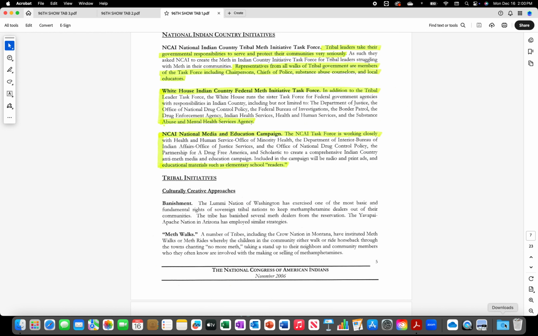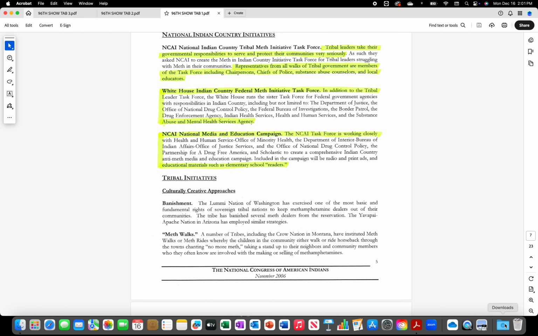White House Indian Country Federal Meth Initiative Task Force. In addition to the Tribal Leader Task Force, the White House runs the sister task force for federal government agencies with responsibilities in Indian country or on reservations. Again, the whole of America is American Indian country, including but not limited to the Department of Justice, the Office of National Drug Control Policy, the Federal Bureau of Investigations, the Border Patrol, the Drug Enforcement Agency, Indian Health Services, Health and Human Services, and the Substance Abuse and